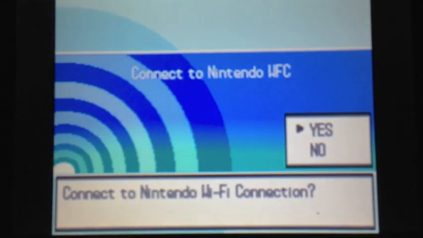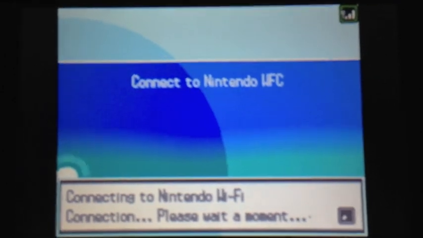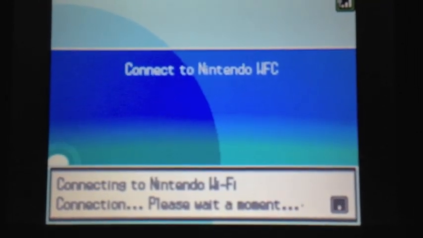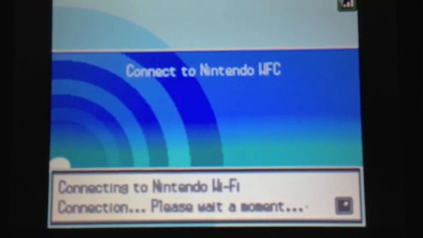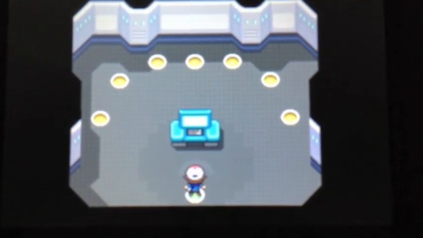Alright, and then click yes to connect to a Nintendo Wi-Fi connection. Alright, and then you'll see a standard GTS looking room,